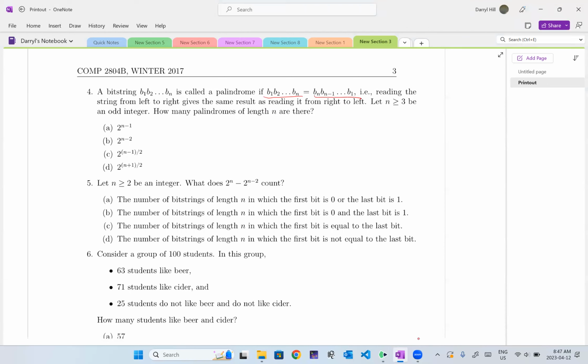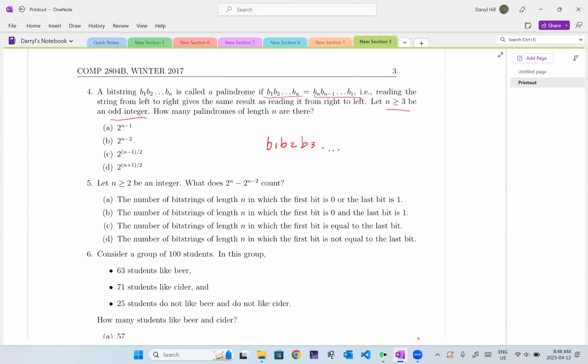Okay. So what else do we got? N greater than or equal to 3 is an odd integer. So how many palindromes of length n are there? If it reads the same forwards and backwards, I'm going to choose something for B1, then I'll choose something for B2, I'll choose something for B3, and then I'll get to the middle one, which is,